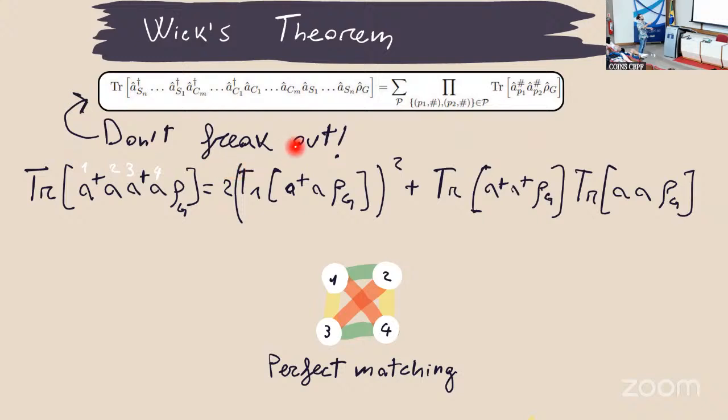So this one is like, I'm trying to compute the expectation value of some observable on a non-Gaussian state. I can decompose the observable in some polynomial of ladder operators. I can always do this, and I can decompose the non-Gaussian system again as a series of ladder operators applied to a Gaussian state. So this is very hard to compute, but it can be simplified using a trick from quantum field theory, which is called Wick theorem, and everything simplifies to basically computing the perfect matching.